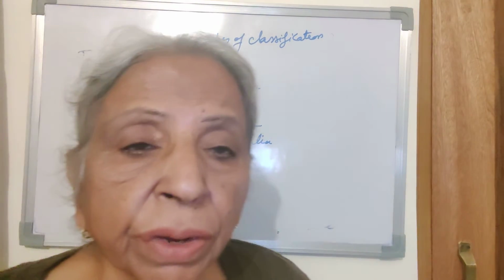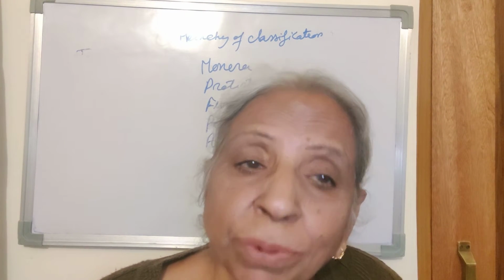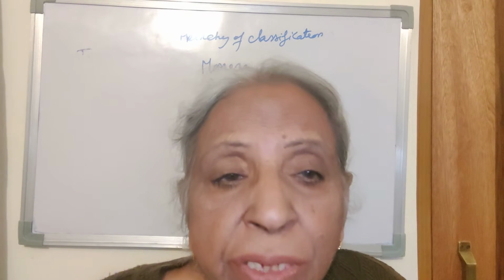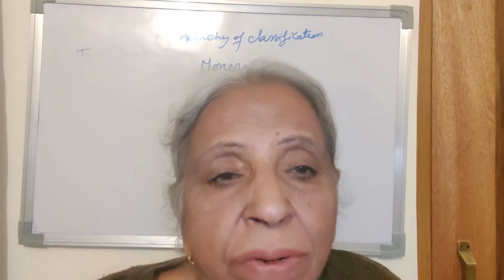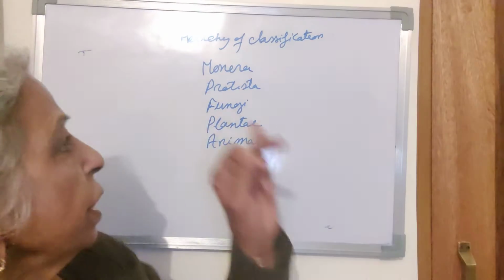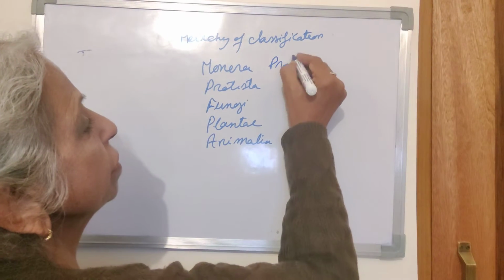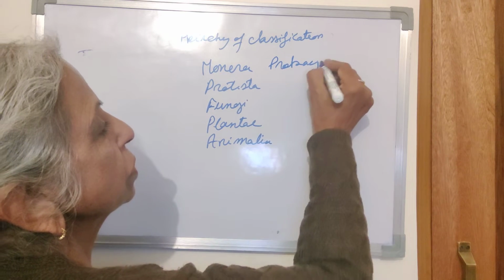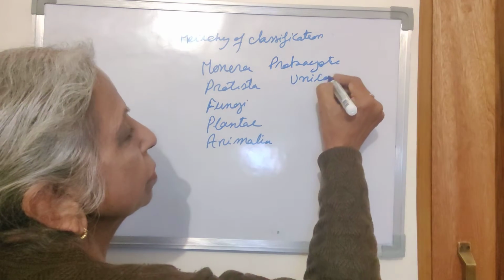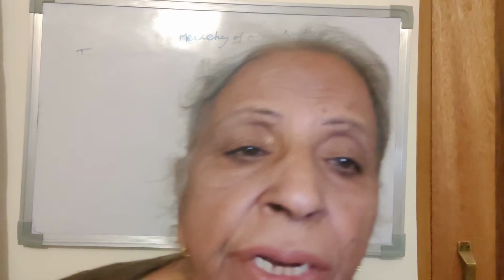First we will do Monera. All the Monerans are prokaryotes. What does it mean? They are prokaryotic cells, the cells which don't have a well-defined nucleus or subcellular organelles. However, all the life activities are performed in the single cell. They are unicellular, prokaryotic, and they may be autotrophic or heterotrophic.